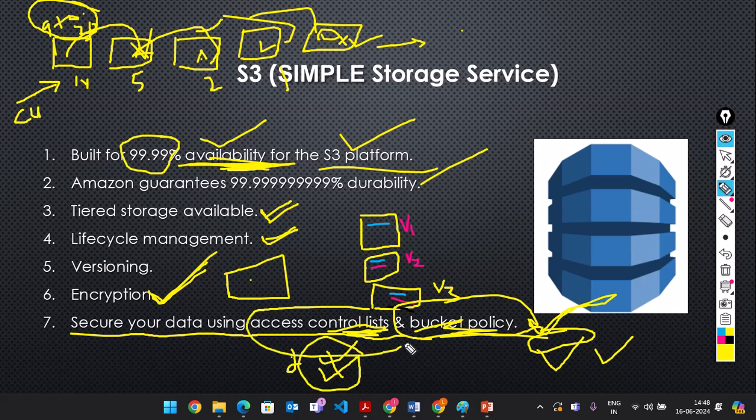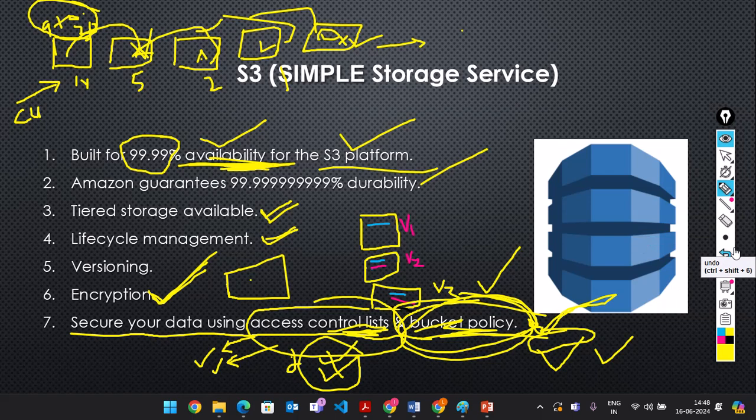In access control list, you have to choose the bucket separately and the objects separately, and enable them into public. But when it comes to bucket level policy, if you enable it, automatically both will be enabled to public. It will be publicly visible with one click only. So that is the difference, that's it. And next,